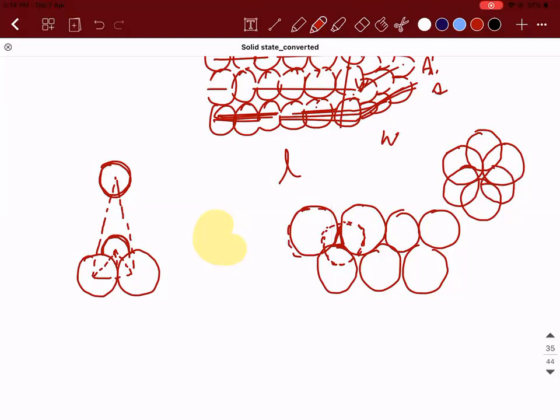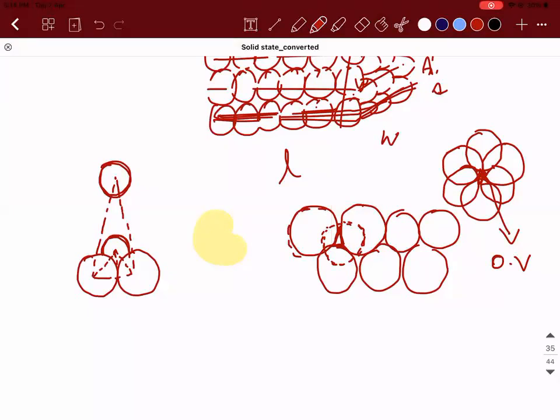There is another possibility like this. You people can imagine. Now here, in this center point, your octahedral void will be formed. Clear? So when placing the second layer on the top of the first layer, the two possibilities are the presence of the tetrahedral void as well as the octahedral void.